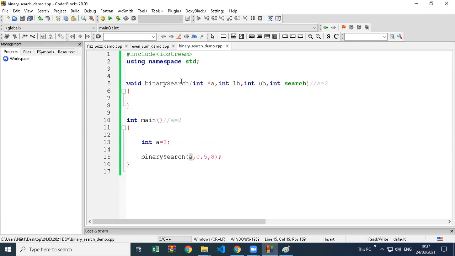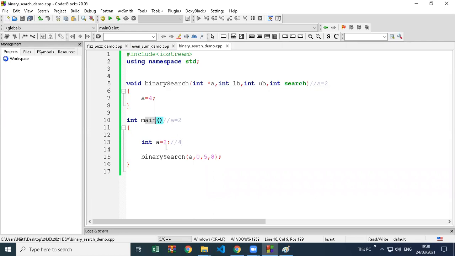And binary search also has a variable a. If I pass this a to binary search, the binary search a value is also 2. Now when binary search changes the value of its a to 4, what will happen to this a? This a will also change to 4. So both are connected to each other because both are the same memory, pointer.